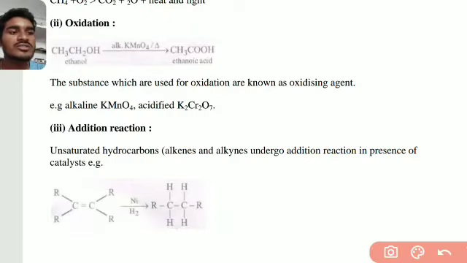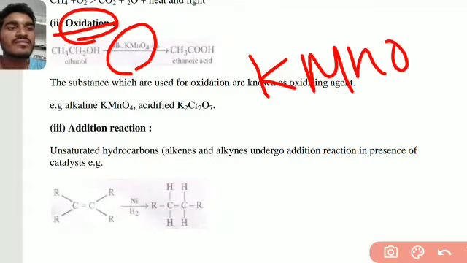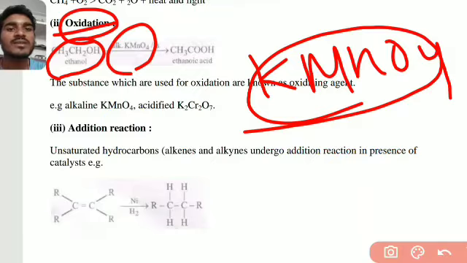Now we'll see oxidation and reduction. So now see the oxidation of carbon here. Oxidation means the adding of oxygen and removal of hydrogen, that we call oxidation. In the case of reduction, it is the adding of hydrogen and removal of oxygen. Adding oxygen happens in the presence of a reagent, KMnO4, the best reagent for oxidation reactions. For example, ethanol is going to be oxidized.